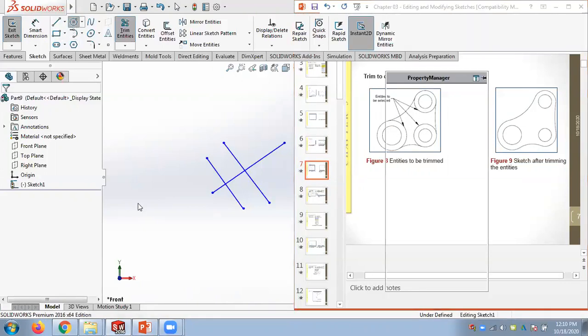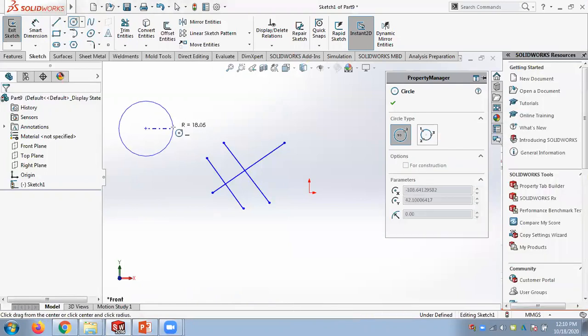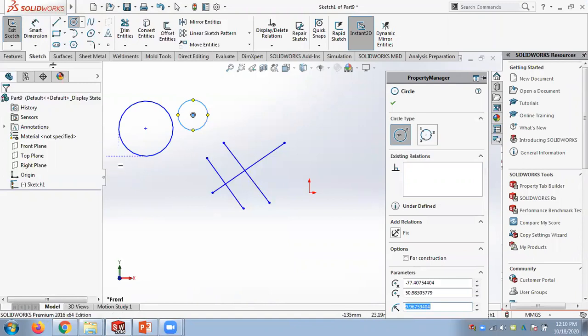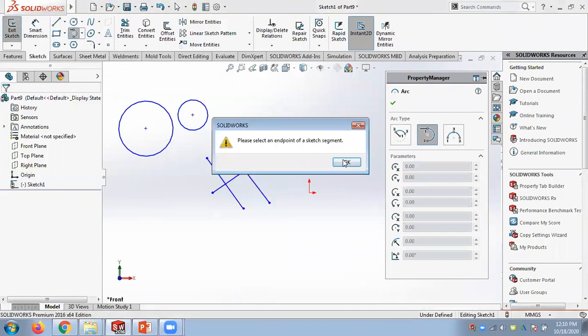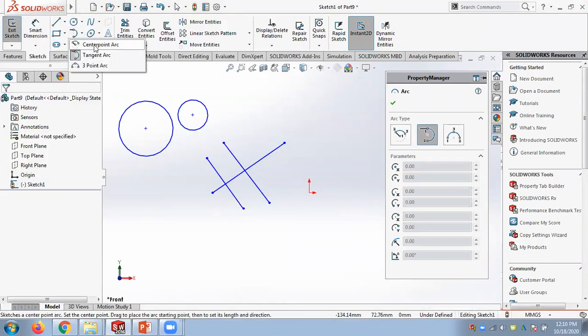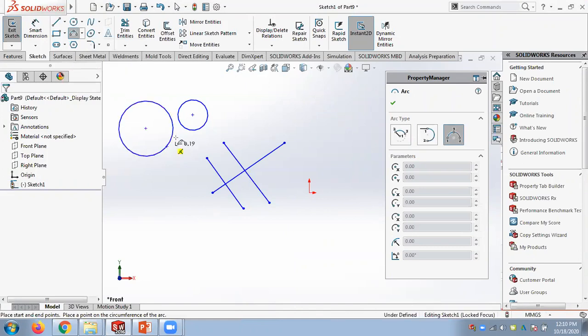So for an example, if you have these kind of circles, I will draw some marks. Key point.